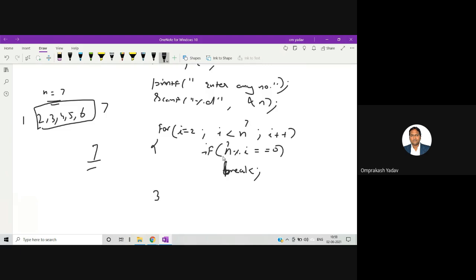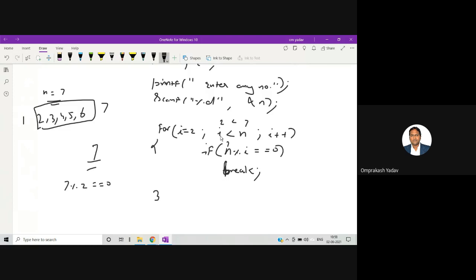Now i is starting from 2. Is 2 less than 7? Yes, it will go inside. It will check whether n mod i, so 7 mod 2, is equal to 0. No, right? So it will not break. It will go over here.